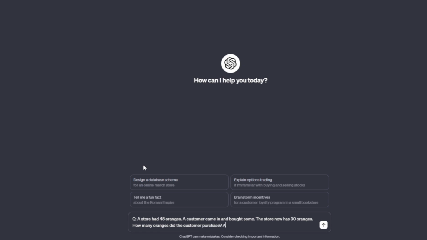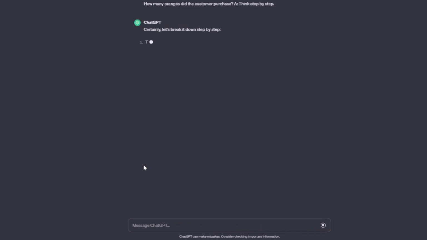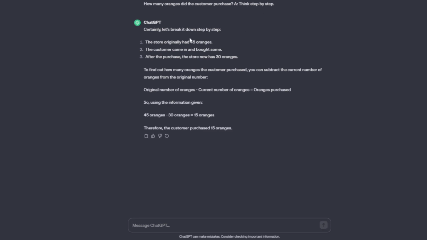Now we're going to dictate what we want as an answer too. So we're going to say A, think step by step. And this is going to be our chain of thought. Because we're telling the LLM, or the large language model, to think step by step, it's going to give us the entire chain of thought instead of simply saying 15 oranges. Chain of thought prompting is not, however, just for arithmetic and math problems. You can also use this to break down and describe the functions or the step-by-step process of any issue you're facing. That's why chain of thought is one of the most widely used prompt engineering tactics out there.